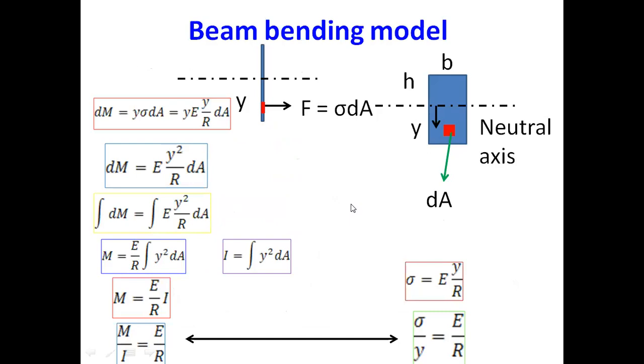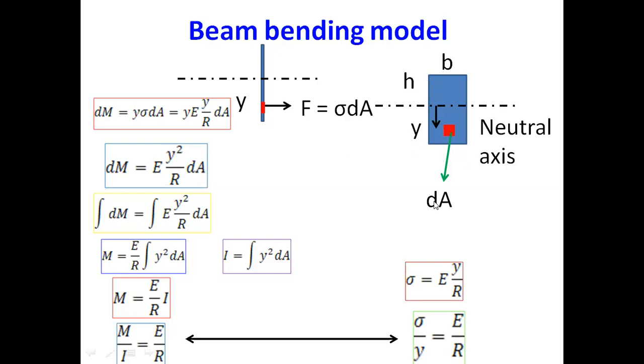So we have just discussed that in the beam there would be stress, and we have come up with the equation for the bending stress in terms of the radius of curvature, the distance from the neutral axis, and the Young's modulus. Next, we would be refining that equation because we want that model in terms of bending stress and second moment of area. So this is our cross-section area.